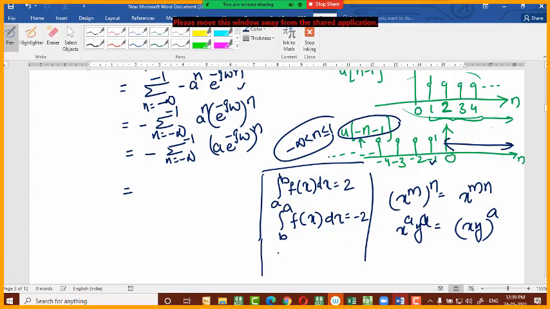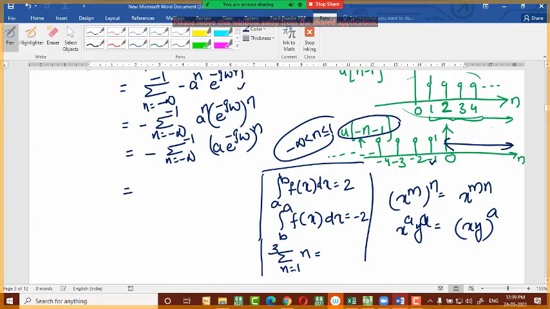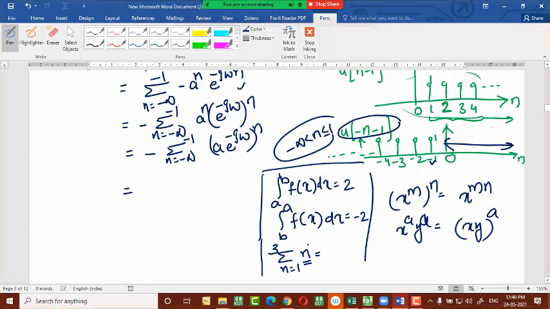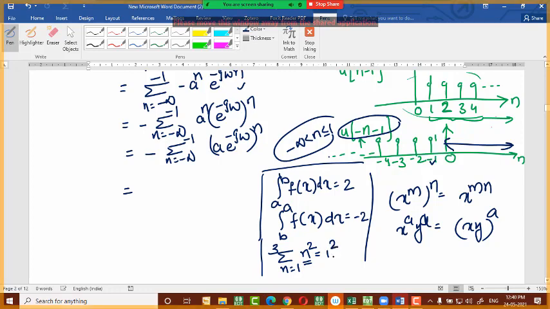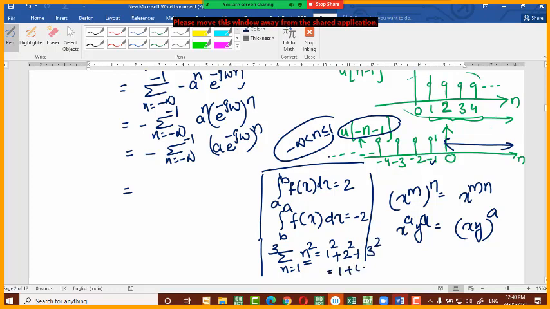But sigma n equal to 1 to 3, here one example I am giving, like n only. What will we get? N is equal to 1 to 3 we have to change. And what is the function here? N only. Otherwise, if you are confused, I will take n square. Now you take n is equal to 1. What will you get? 1 square, plus n is equal to 2, 2 square, n is equal to 3, 3 square. This is the summation we will get. How much will we get? 1 plus 4 plus 9, that is equal to 14.